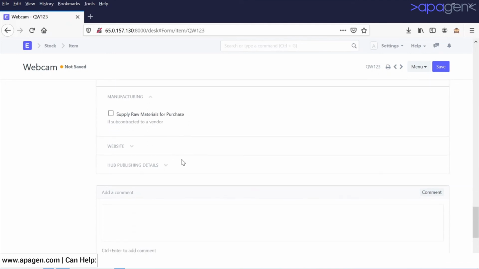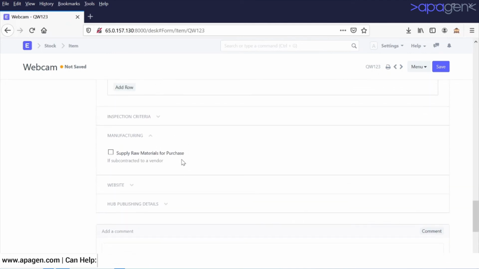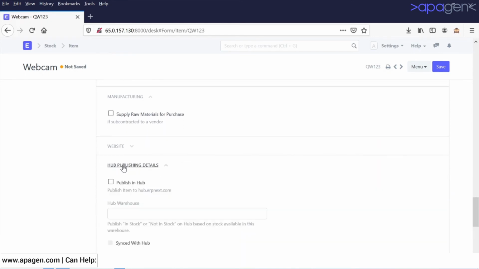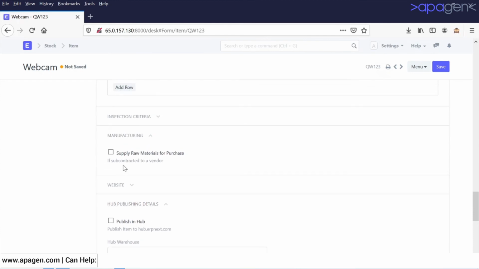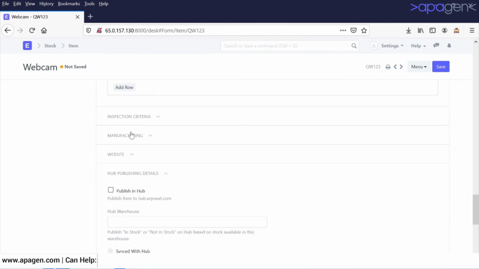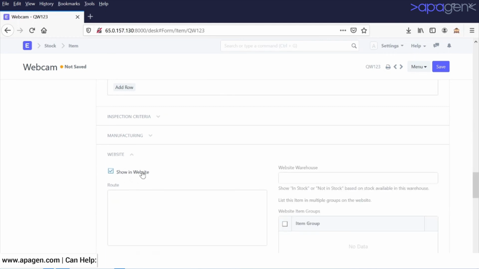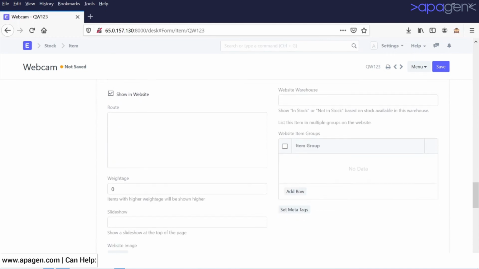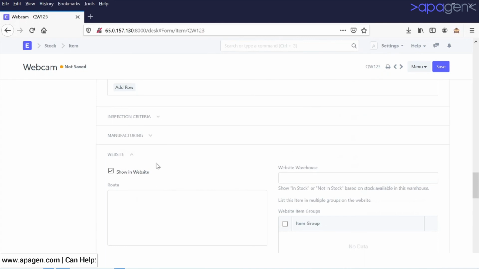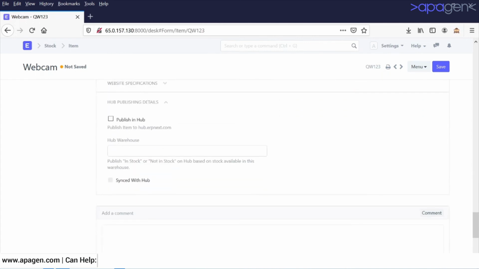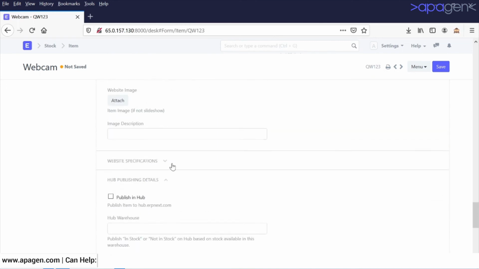Please note that most of these tabs are also dependent on other modules like manufacturing, purchases, and so on. Publishing details on your website, your manufacturing in case there is a manufacturing order. And finally is the hub warehouse, if required, to sync with hub.